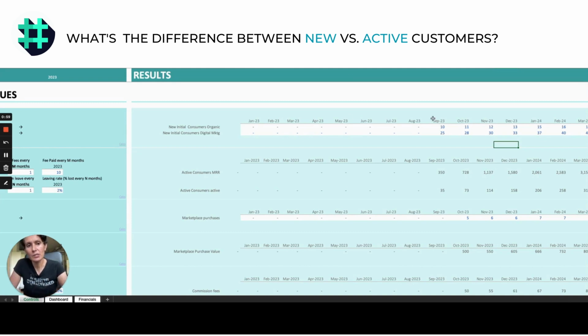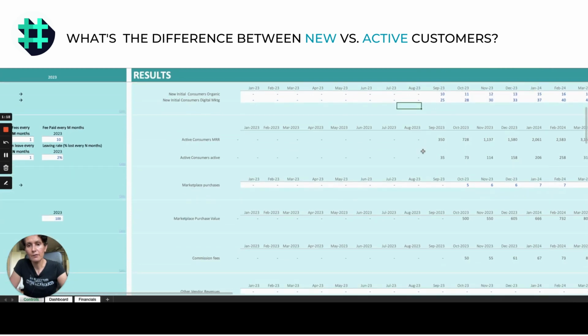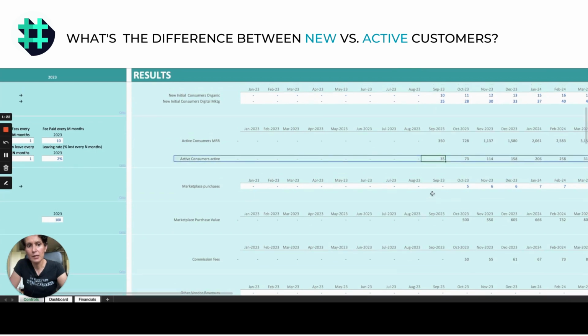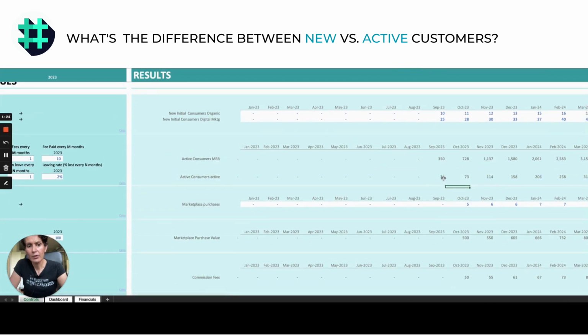And in this very simple example, we've got 10 customers coming in from organic channels and 25 customers coming in from digital marketing channels in this month, and then growing thereafter.